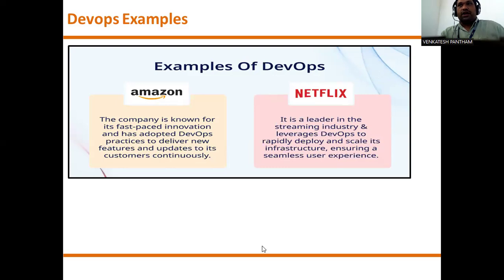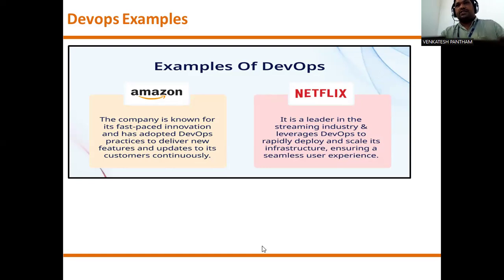That is only possible in DevOps, because the developer and the tester collaborate, so at the same time it is executed and efficient results are delivered.